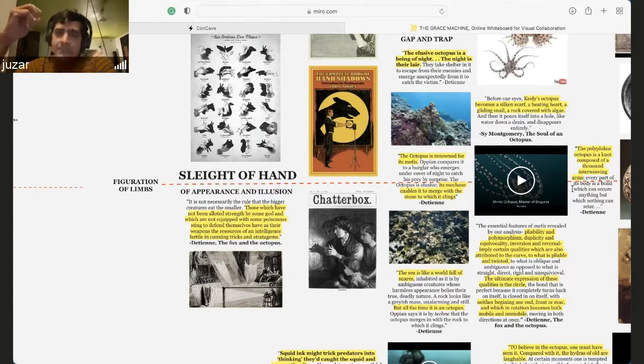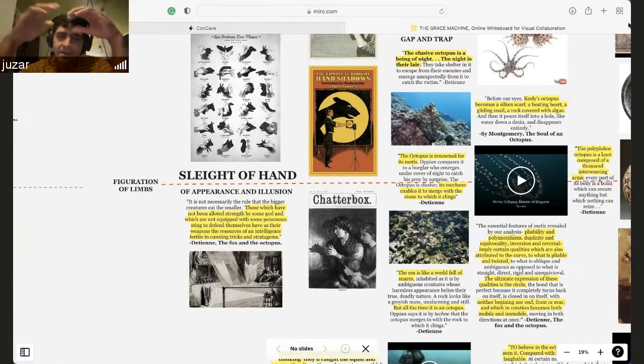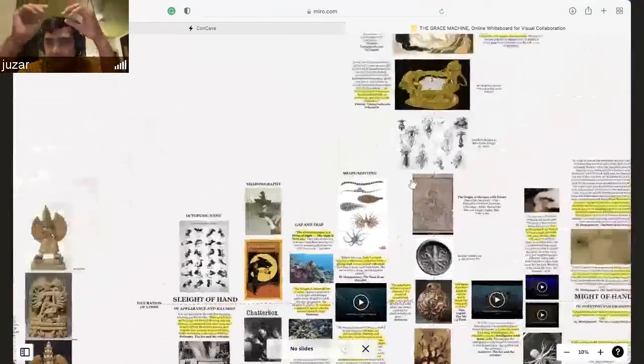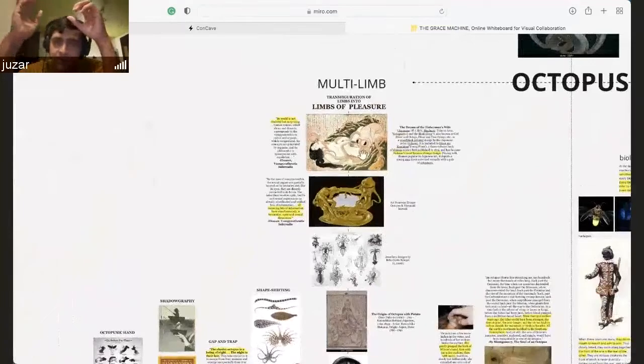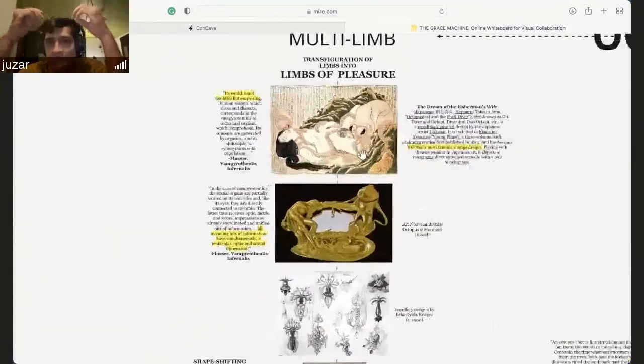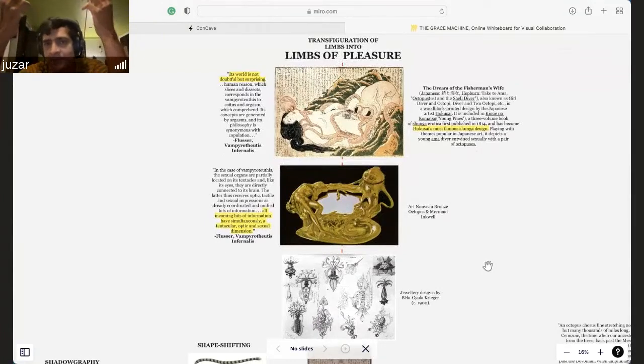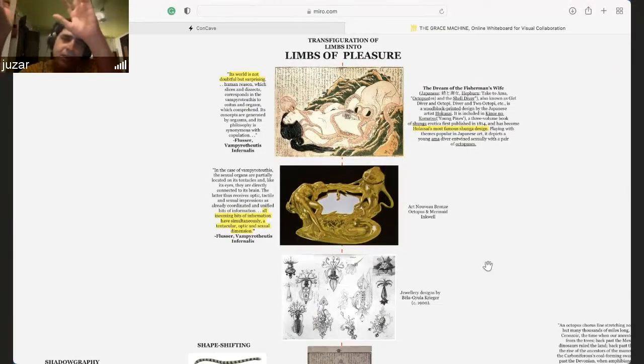And from this figuration of limbs, we go into the transfiguration of the limbs on the vertical axis from the center, where it goes into the exchange, where on one hand the limbs transfigure into the limbs of pleasure at the top, and at the bottom the limbs transfigure into the limbs of pleasure. One can also say that the sleight of hand is transfiguring into the limbs of pleasure. There is the sleight of hand, which is always a part of